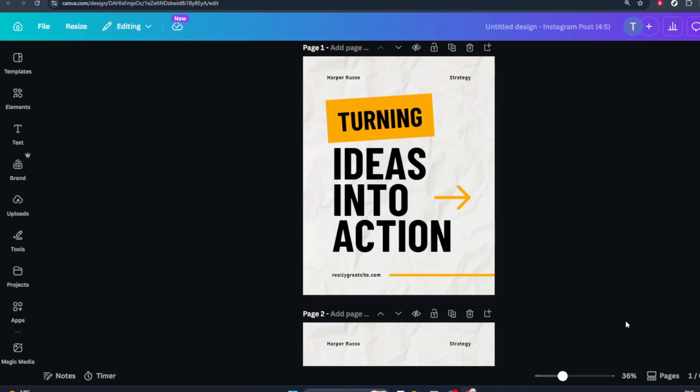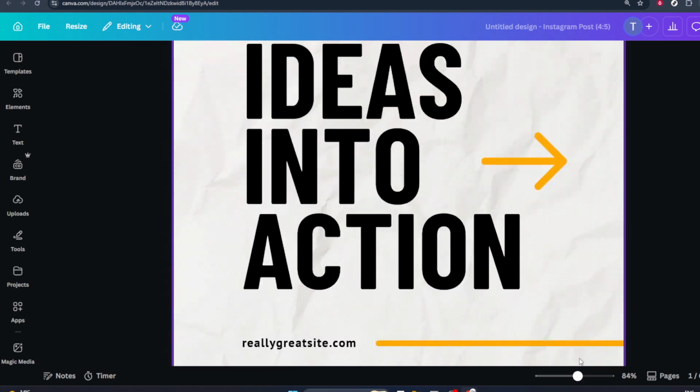And that's all there is to it. By using the Show All Pages icon at the bottom of the Canva editor,